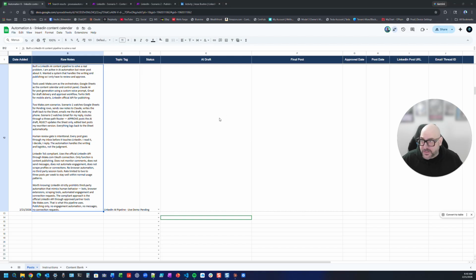All right, let's go to Google Sheets. Everything starts here. This is a content calendar. It's a simple Google Sheet, but it's a control panel for the entire system. Each row is one LinkedIn post. I add my raw notes in column B. That's where I drop the details of whatever automation I just built, what broke, what fixed it, how long it took. Column C is the topic tag,